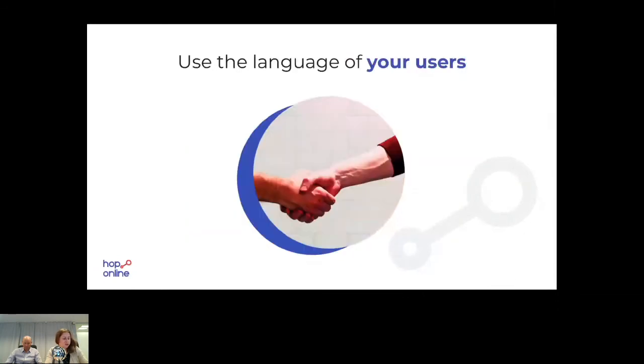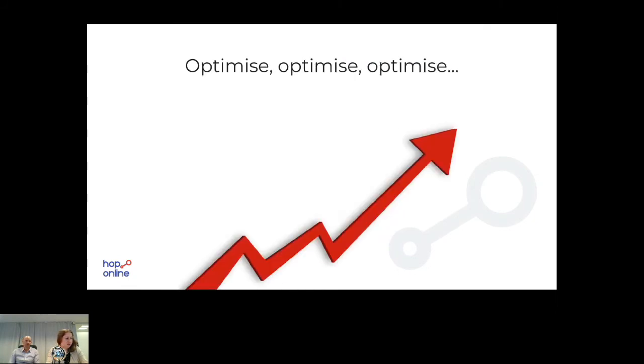The other thing that we consider very important is to use the language of your users, because many times the way website owners describe their product is not the actual way that people are searching for their products. So don't be afraid to use the actual way that people describe your product, and be very specific about what they need. And the next big item that I want to mention here is content optimization, especially if you